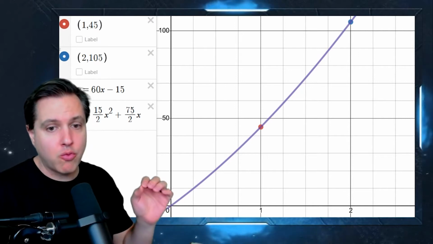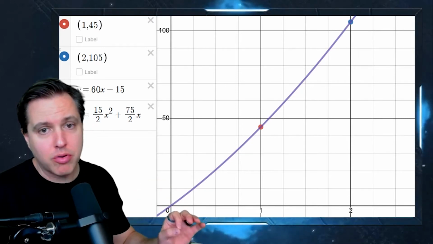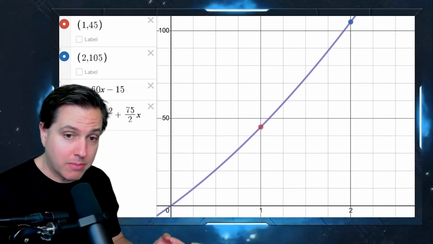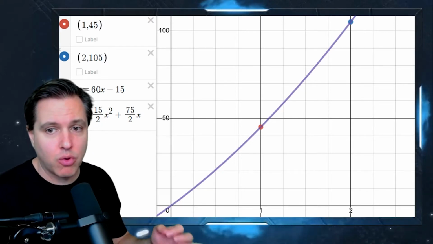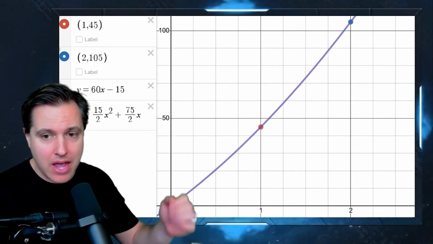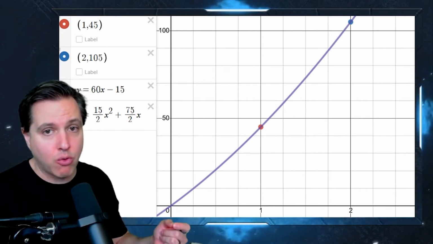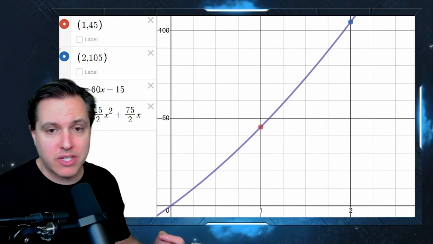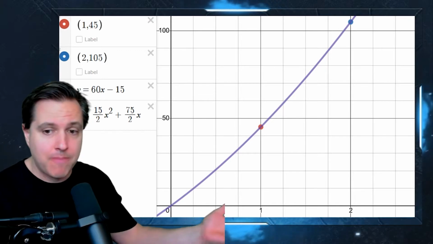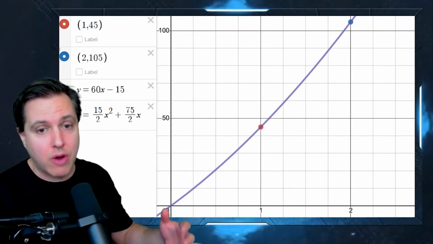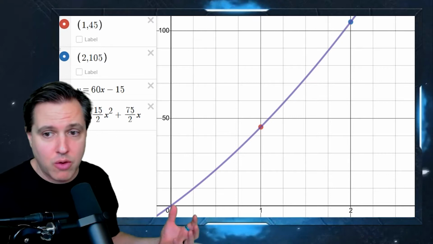All right, let's see if we can wrap our brains around a velocity problem here to really give us some insights into the calculus that we're going to be dealing with. So let's say we have this purple line here, and the x-axis is representing hours, and the y-axis is representing distance. So this is really a graph representing someone driving in a vehicle down the freeway over a period of